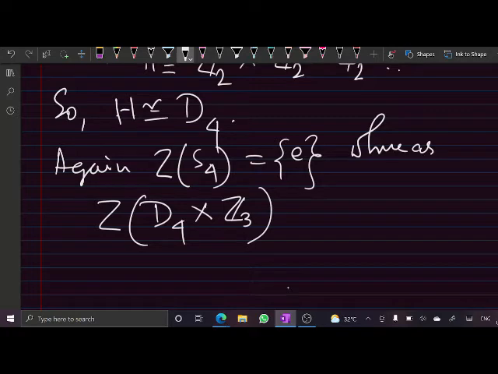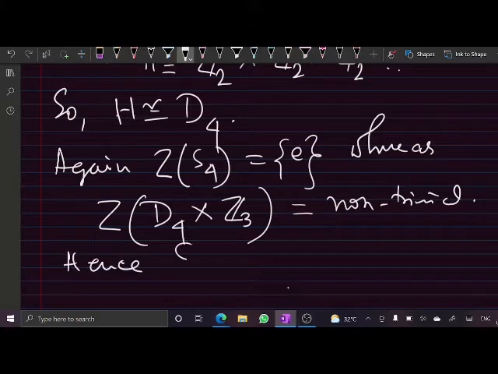D4 এ তো স্যার সেন্টার দুই অর্ডারের, the order, so it must be non-trivial. নন ট্রিভিয়াল আর কি। Non-trivial. So hence this S4 cannot be isomorphic to the direct product of